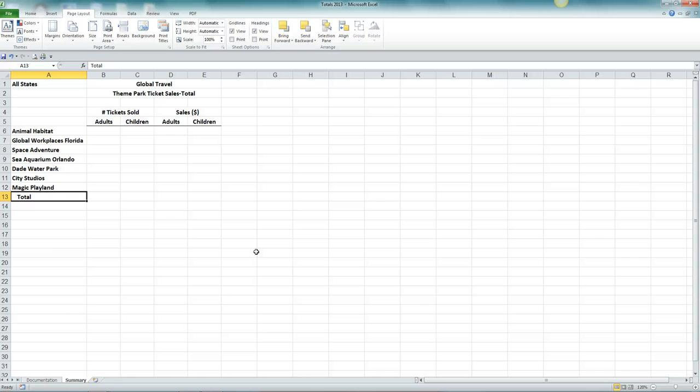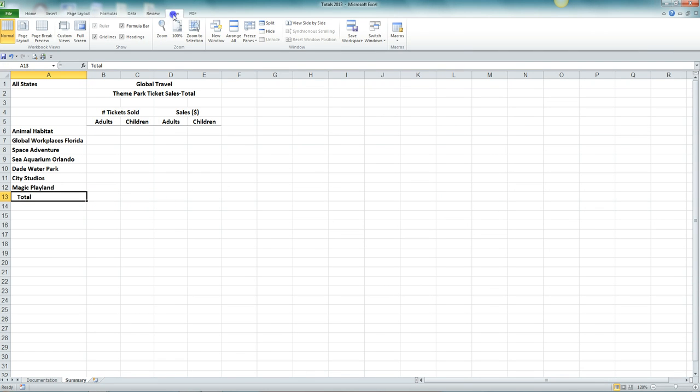All right, so we have 4 Excel files open at the same time. So we're going to go up to the ribbon, click on the View tab, and then in the Windows group, click the Switch Window button to display a list of all the workbooks that are currently open. Okay, right here, Switch Window, and it shows me that I have Colorado, Utah, totals 2013, and New Mexico open. Click Utah to make it the active workbook,